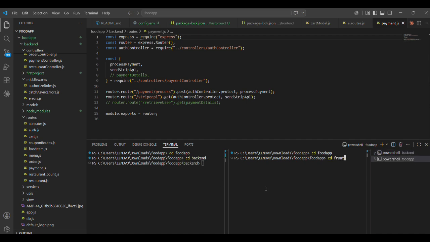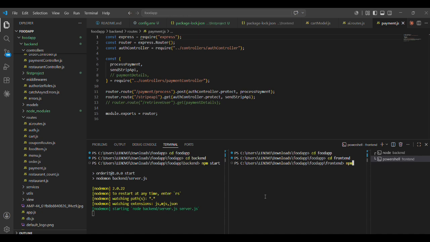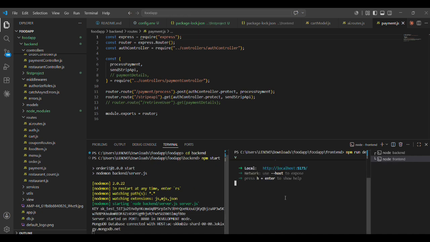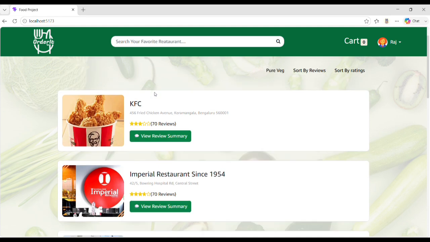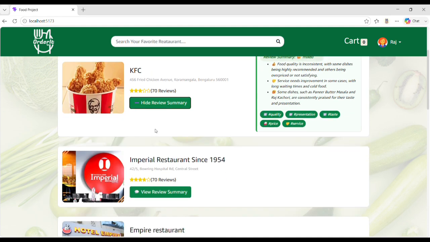Then let us start the backend by typing npm start, and for frontend npm run dev. Copy the URL and paste the URL in the browser. The app will be opened, and we can view the review also